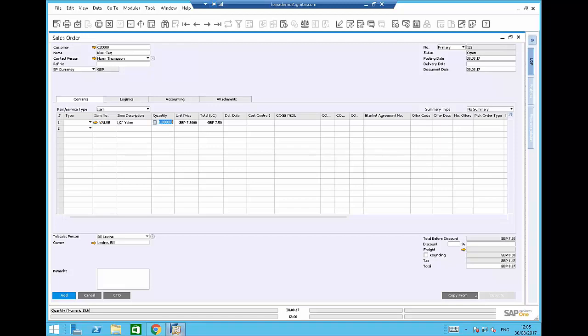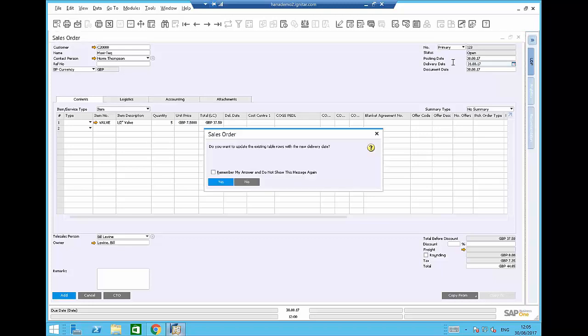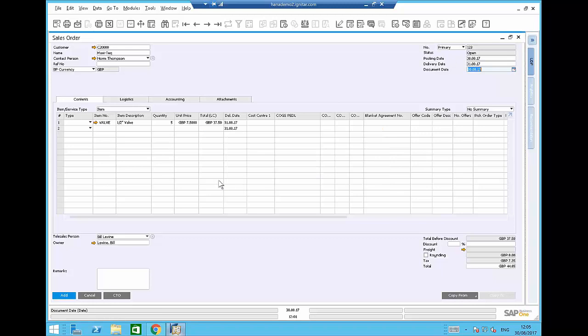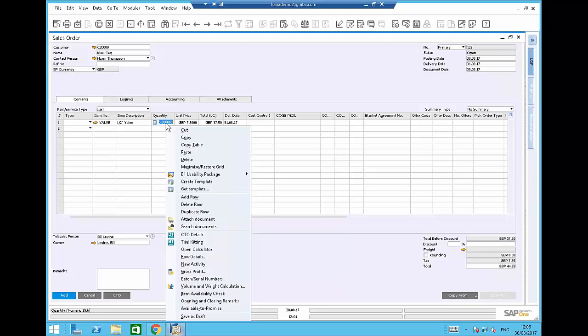And the customer's looking to have a quantity of 5 of these delivered, and maybe they want them delivered next week at some point or later this week. They'll put in tomorrow's date for this one. Okay, so now if I simply right click on here, one of the functionalities that we have within B1 production